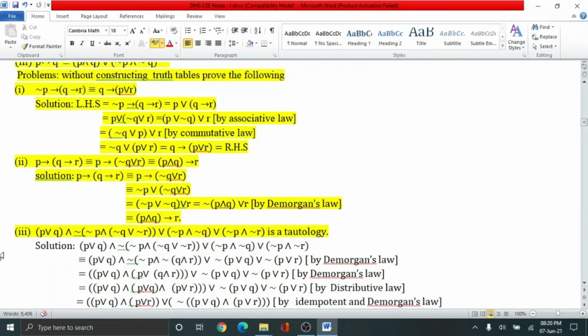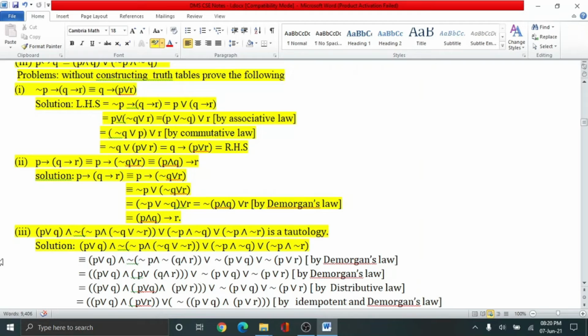The given statement is that P disjunction Q and negation of negation P conjunction negation Q disjunction negation R disjunction negation P conjunction negation Q disjunction negation P conjunction negation R. This is the given statement to us. Now in this, first we